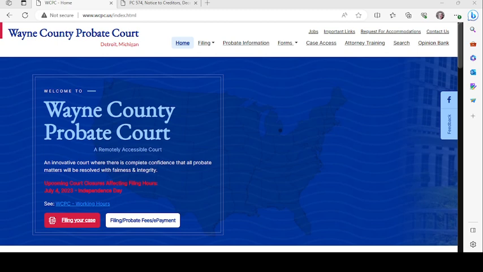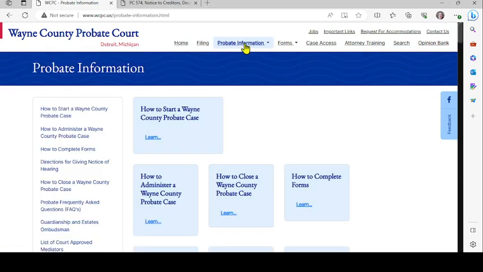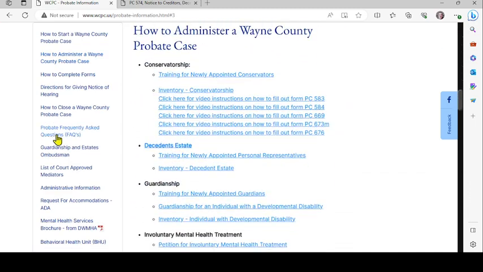So let's grab the form from the Wayne County Probate Court website at www.wcpc.us. And this is the home page. When you get there, you'll see in the middle probate information. Click on that link. Then on the left, you'll see how to administer a Wayne County probate case. When you click there, you'll see the various case types. And we want the decedent estate. And you'll see training for newly appointed personal representatives. When you click that link,